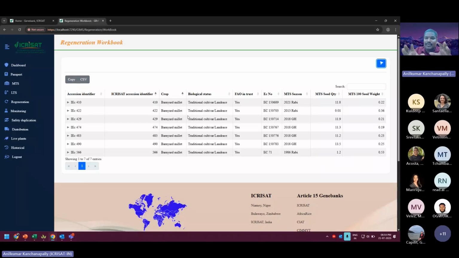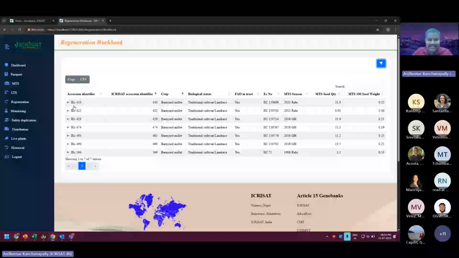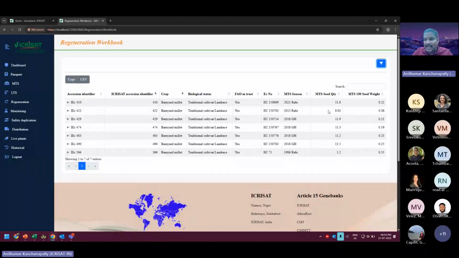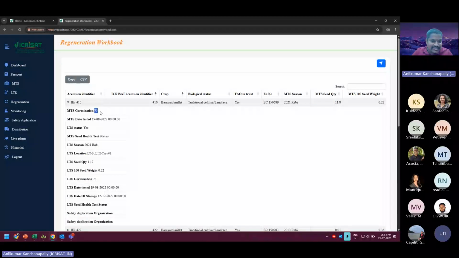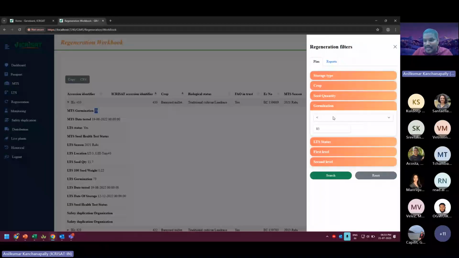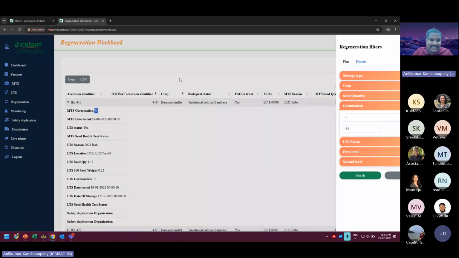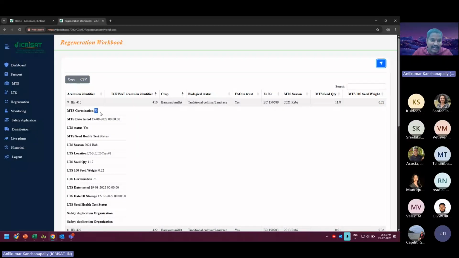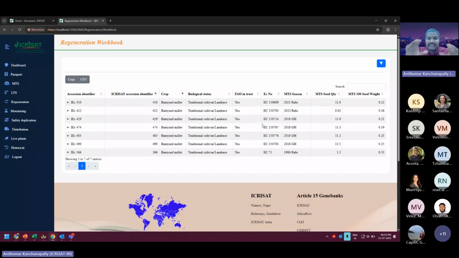Based on this, the crop team will download this accessions list, and they will plan accordingly based on the field availability and the germplasm availability. The crop team will plan their regeneration plan. Just for example, here IEC 410 has 11 gram. If you expand, this is the germination percentage, 73. We have taken a minimum of 85%. So that's why this accession came here for the regeneration. So we can go for the regeneration based on this list. This list will give you